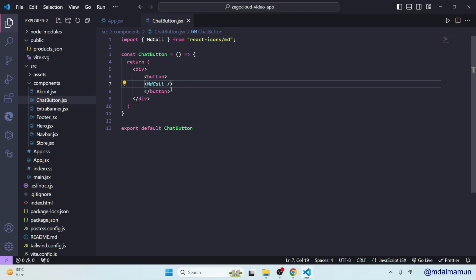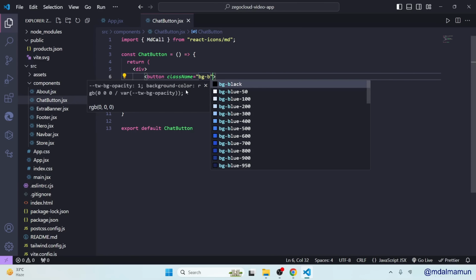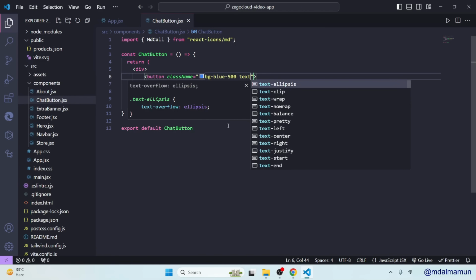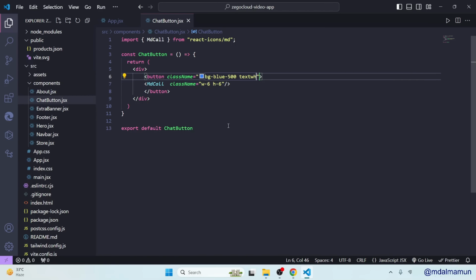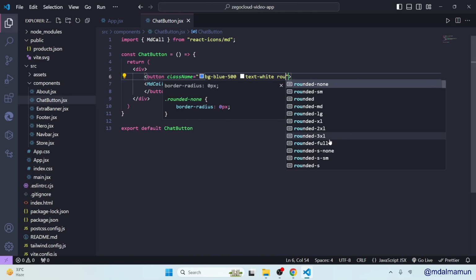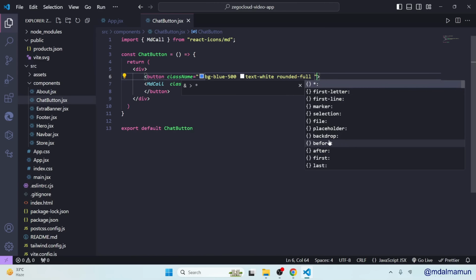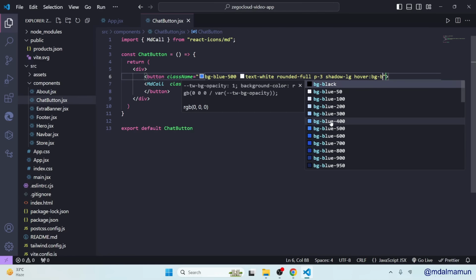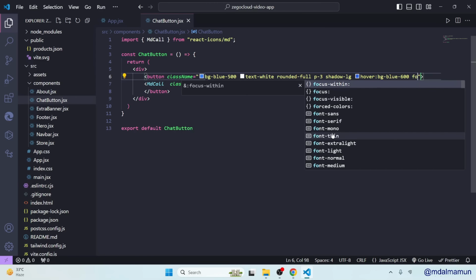Okay, now here we'll define the class name. The class name will be w6a6. Okay, and here on this button we'll have class name. We'll define bg-blue-500, then we'll have text-white, then we'll have rounded-full so that the border radius will be 50%, and here that would be padding p-3, then it will be shadow-lg, then we'll have hover. On hover, that would be bg-blue-600, then focus will be outline-none,